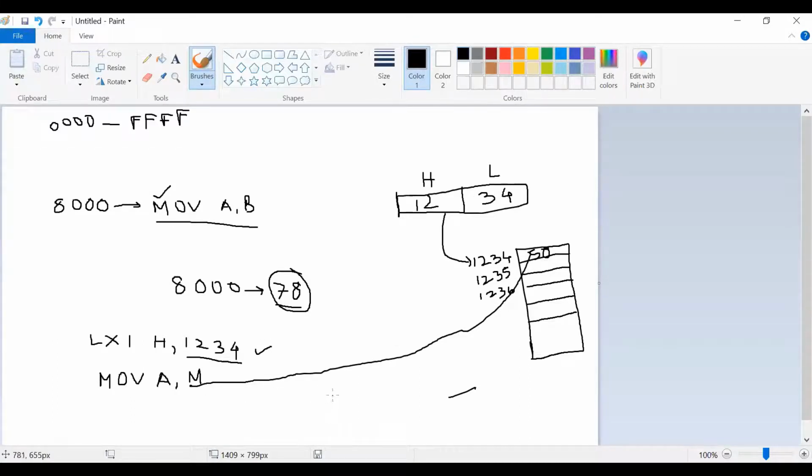So the new content of the accumulator will be 50 after executing these two instructions. Is it clear?